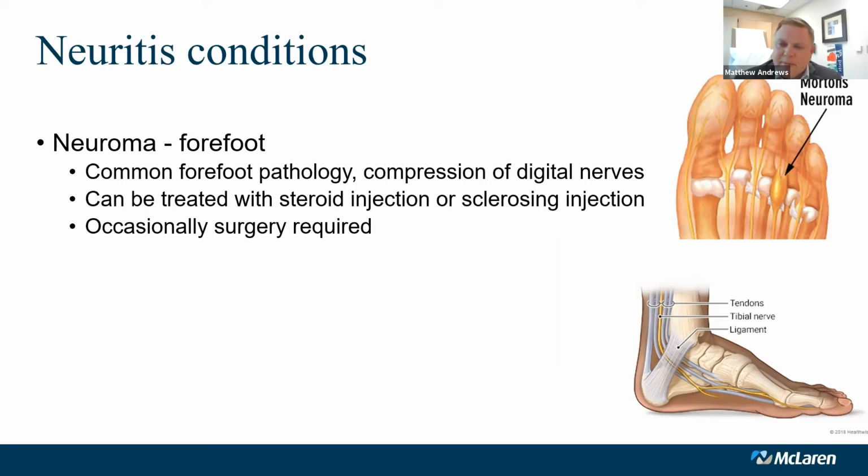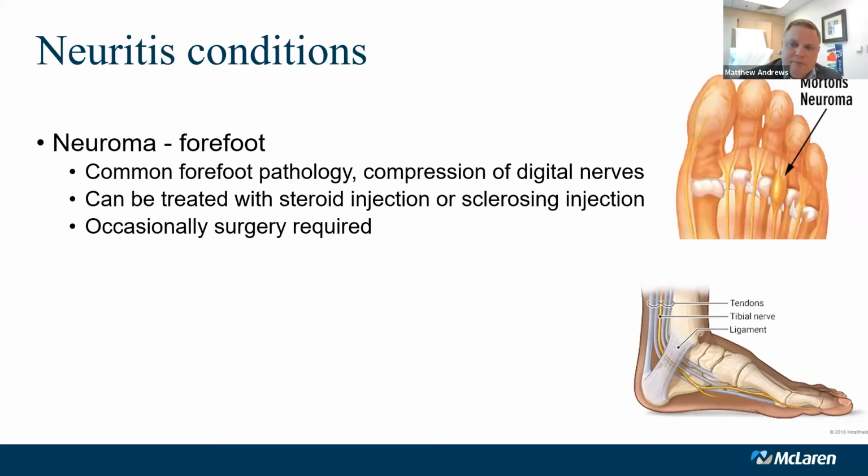Oftentimes, neuromas are very rarely a surgical problem. I'd say for all the people that come to my office, maybe one person out of 40 will ever end up in an operating room. And that's probably far less than our peers. Our mainstay of treatment for neuromas is typically what we call sclerosing injections, which is designed to disrupt that scar tissue interface around that nerve and really just get this problem to go away. So neuroma surgery for us is not common. I take out maybe 2 or 3 a year, which is probably far fewer than my peers, who oftentimes have a lower threshold to take people to an operating room for this.